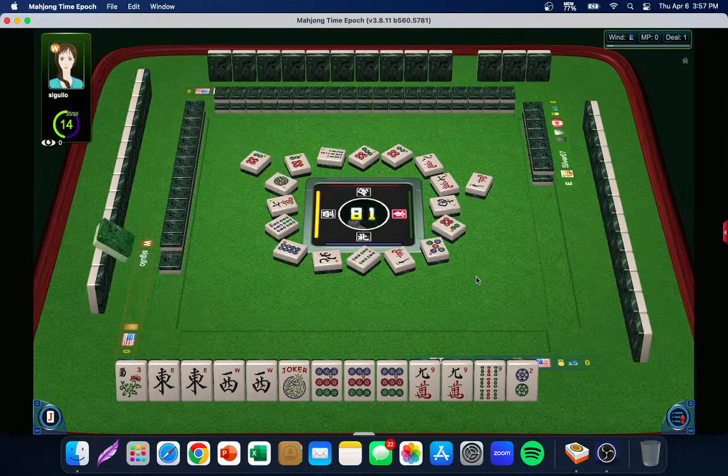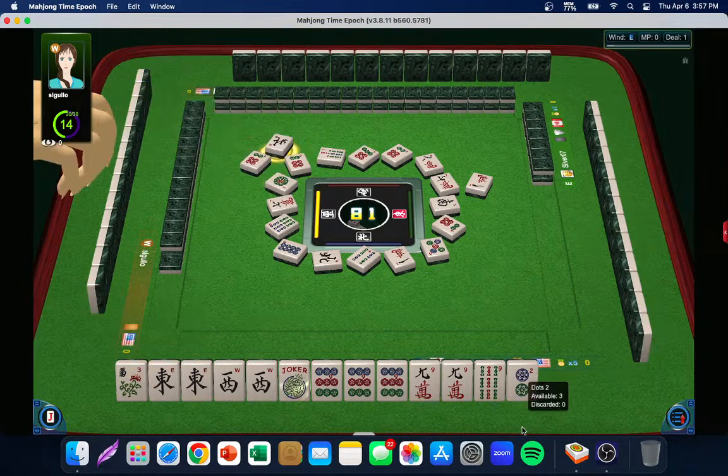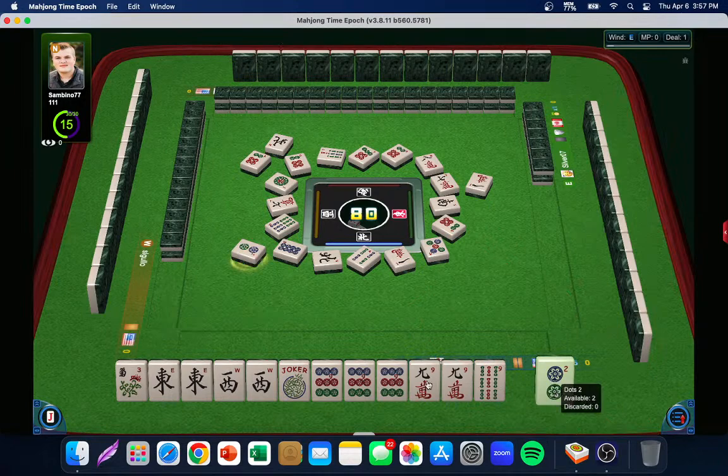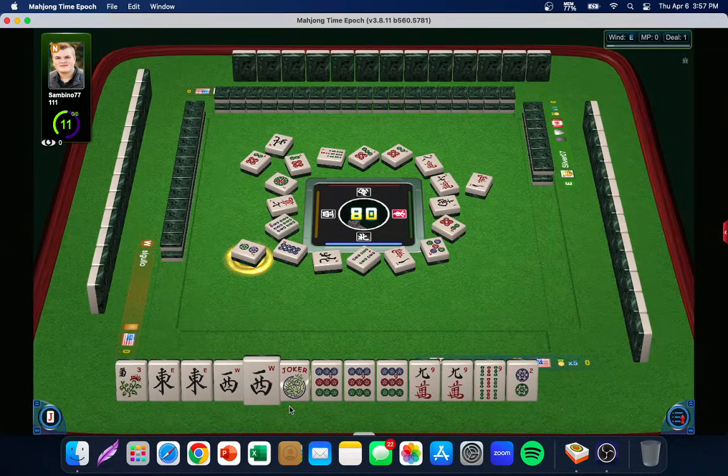Alrighty. North wind. So we did end up picking up another 9. I don't think it will do much for us. We could maybe push for that top hand for any numbers. That is a possibility if the quint doesn't work out, but